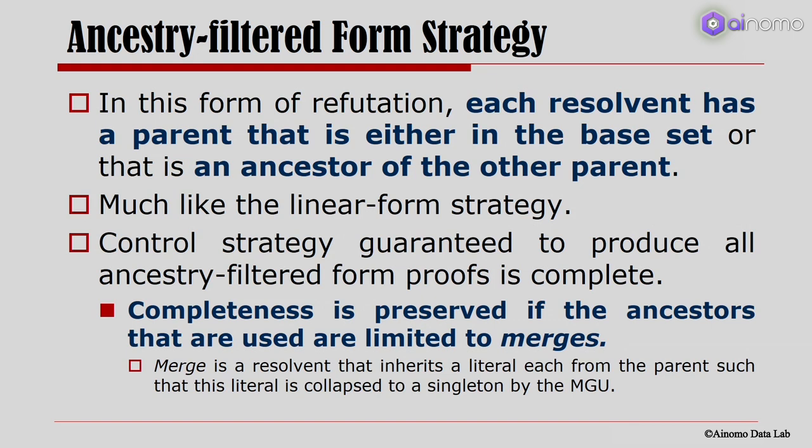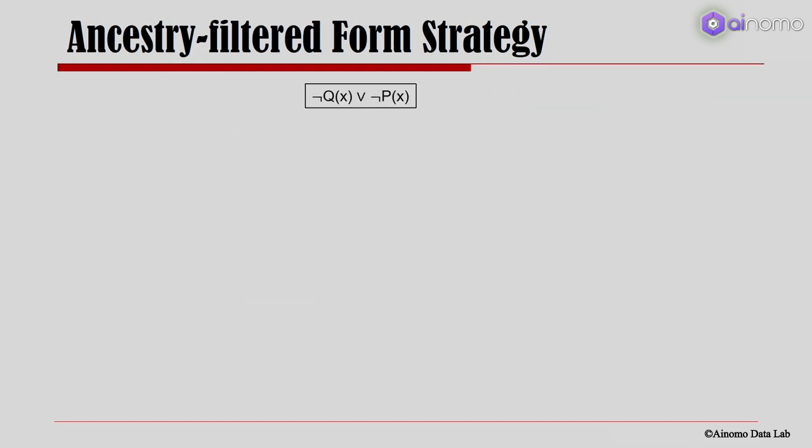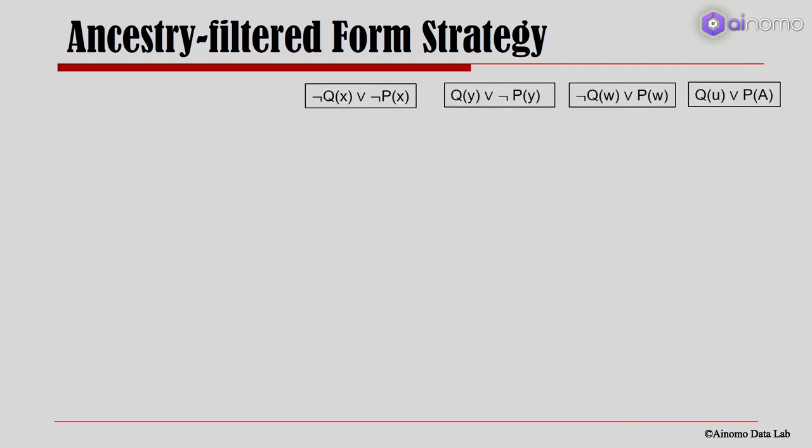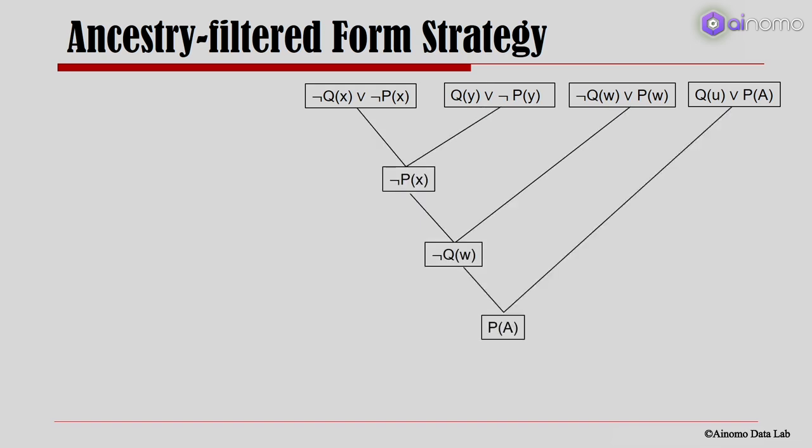Now, recall that a merge is a resolvent that inherits a literal each from the parents, such that that literal is collapsed to a singleton by the most general unifier. So, let us take the example that we have used for the linear input form strategy and look at the same refutation proof